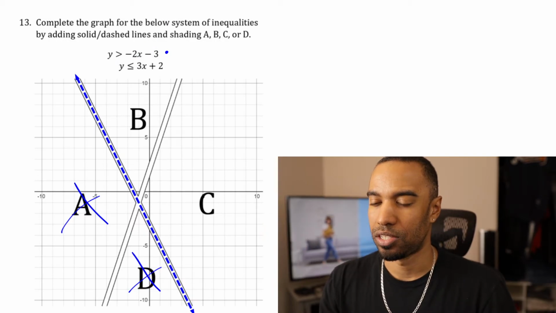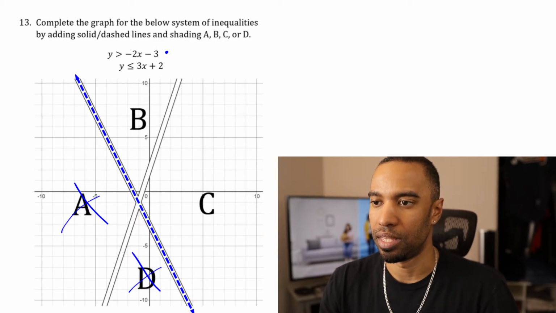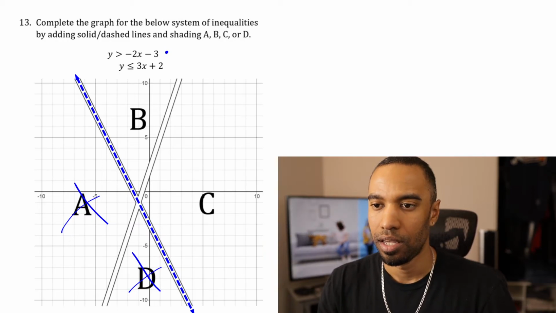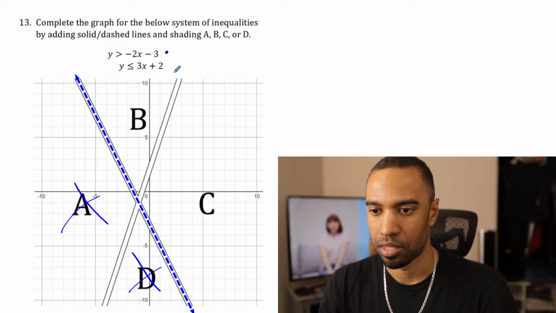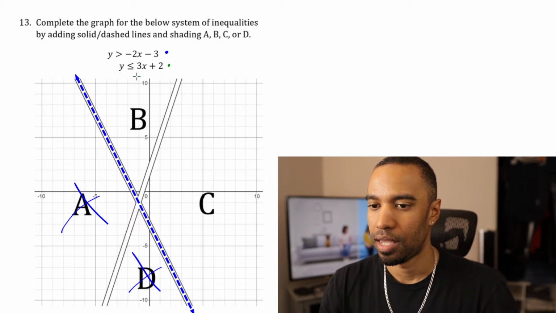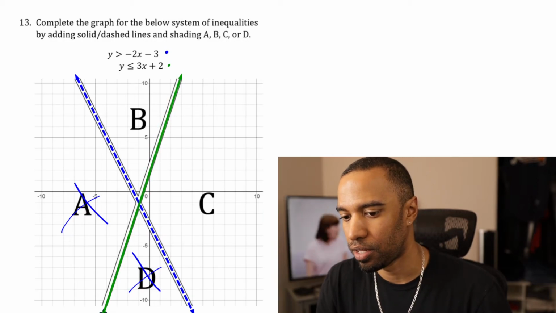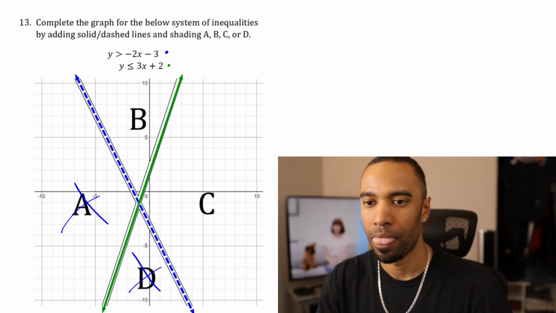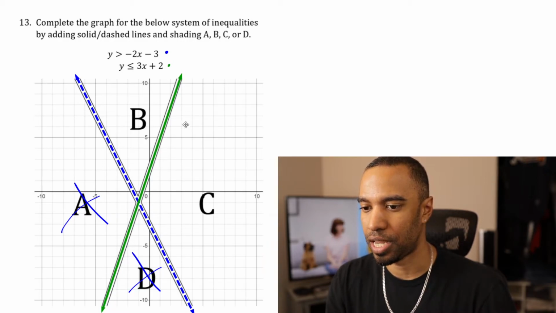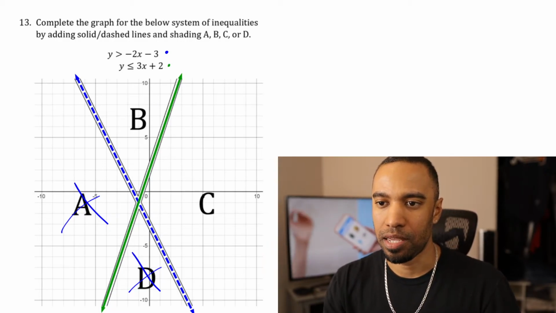All right, y is less than or equal to 3x plus 2. So this time less than or equal to means solid line and shading underneath. Okay, so solid line, I'm doing it in green, and shading underneath. So solid line right here, that's how you're going to draw that. Now shading underneath is going to be on this side right here,